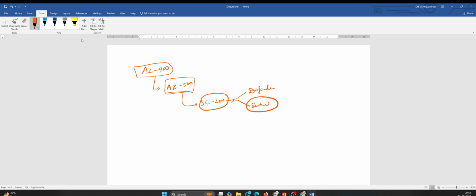SC-200 covers 30% Defender and 70% Sentinel, because of KQL, and Defender also integrates with Sentinel in the end. You only need to understand the settings over Defender.